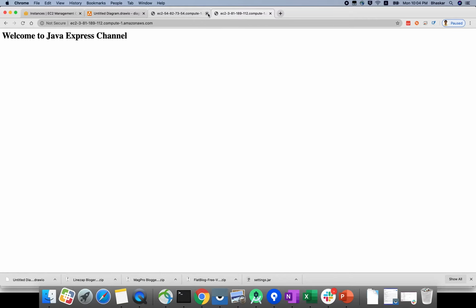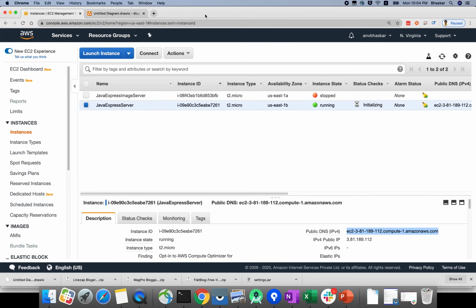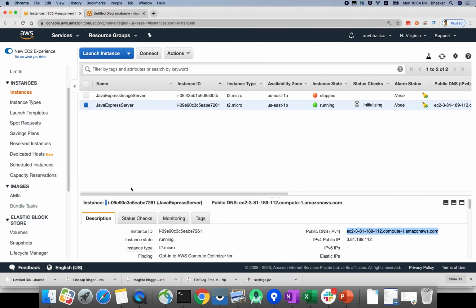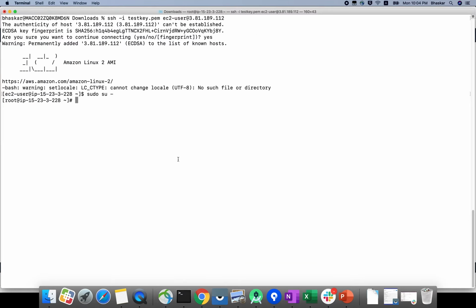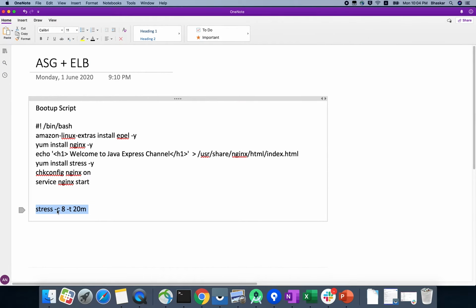By using the load balancer, we need to see this action. This is working, the instance is ready. If you want to see, I will increase the load using the stress software. This is the command: stress with 8 CPU load on your server, running for 20 minutes.